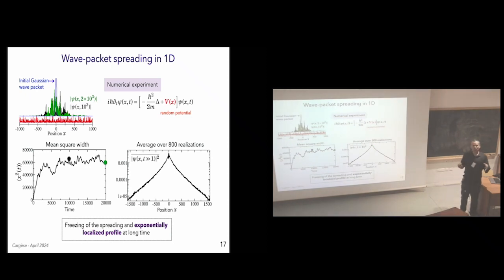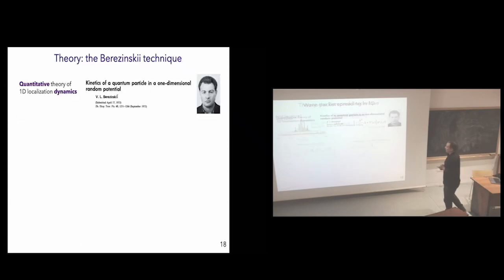So the freezing of wave packets at long time, together with the exponential shape of the density profile, these are temporal signatures of Anderson localization here in 1D. Okay, so now what about theory? In fact, when you do, let's say, dynamics with Anderson localization, in general, you run into problems. In fact, there are very few theories that allow you to describe the dynamics of localization. It's always extremely complicated. However, it turns out that a theory exists, an exact theory, in 1 dimension.